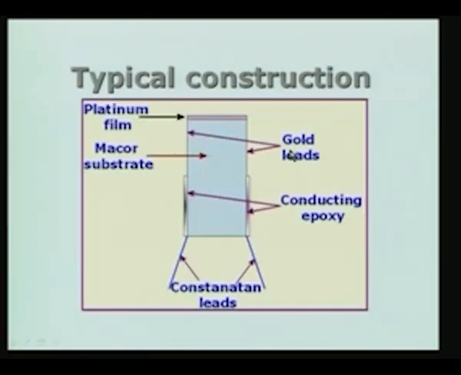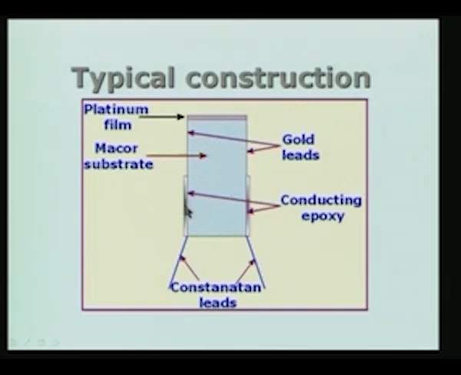A typical construction for the sensor will be a thin film of platinum, which is usually obtained by either painting or by vacuum vapor deposition of the material as a very thin platinum film on the substrate, in this case the Macor substrate. We take two gold leads from the two ends of the platinum film,